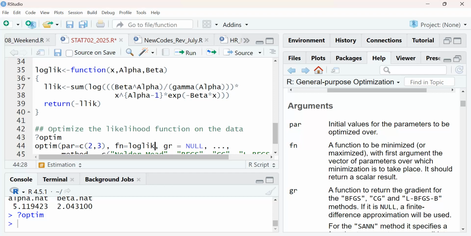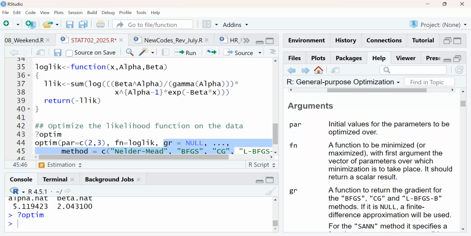You can differentiate the function in R to get a gradient. R does differentiation as well, but it's not needed. So we are not providing any gradient for the function.